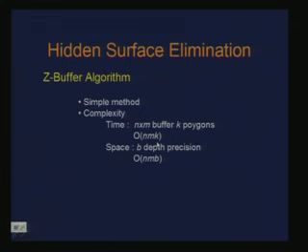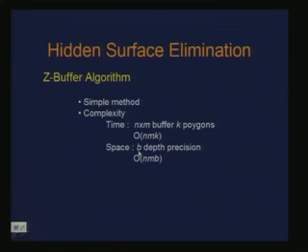If you go back and look at the algorithm, there is a for loop for all polygons, and then there is a for loop for every pixel. In terms of space, if I consider B as the precision, or the number of bits I assign for depth, then it is simply n m times the length of the depth. This is the storage you require.